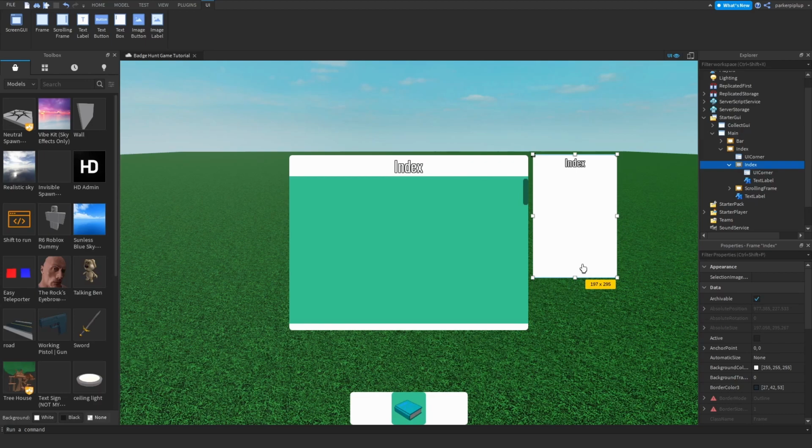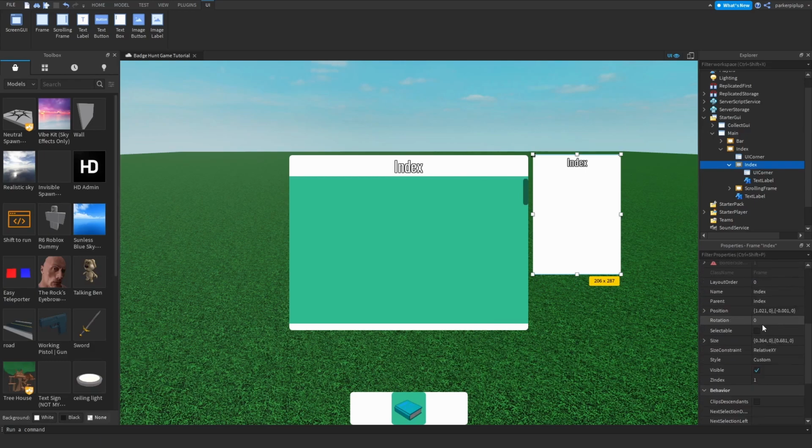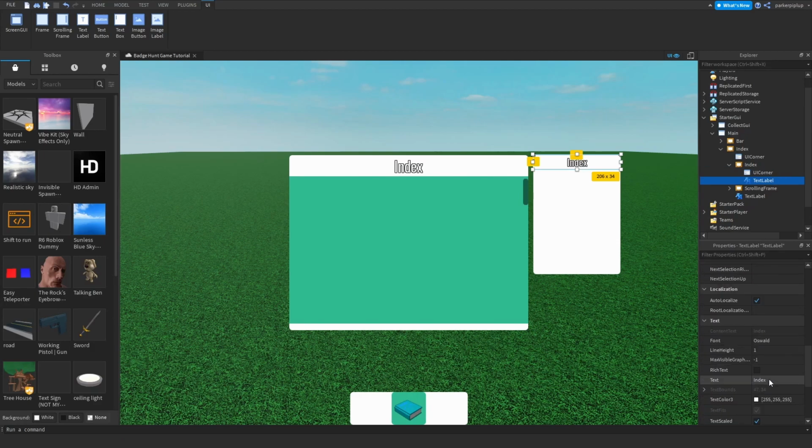We're just gonna make it like that big, I guess. Then we're gonna go ahead and on our text label we're gonna put the text as our cube name. Basically what we're making here is, when you click on one of the things, this will pop up with all of its information, so that'll be cool. So the cube name,